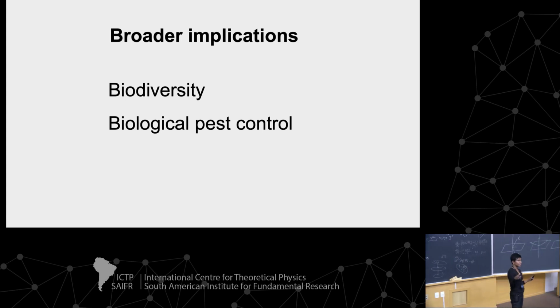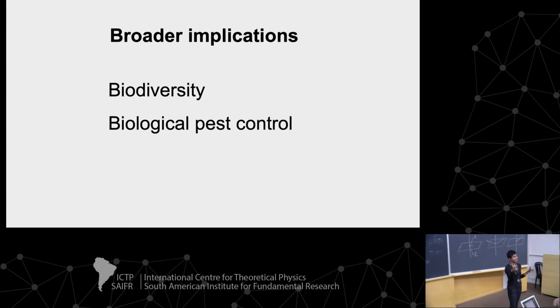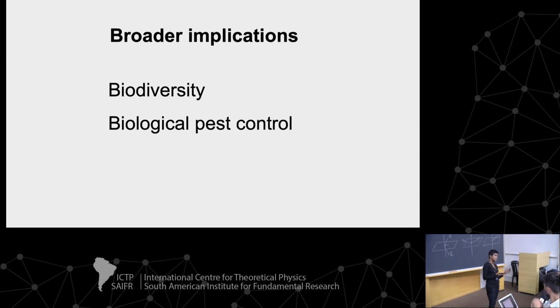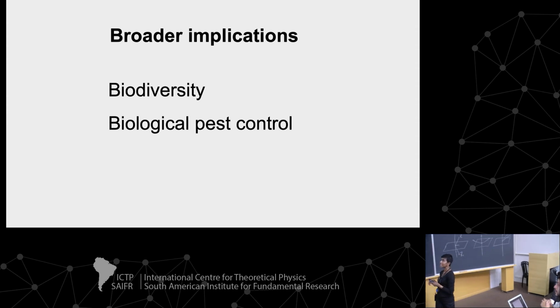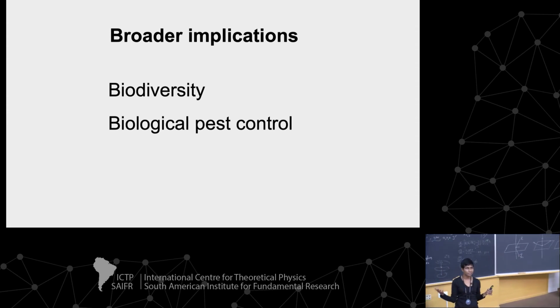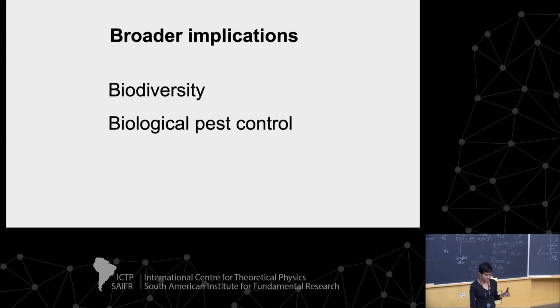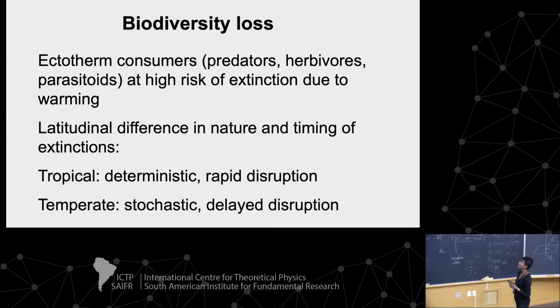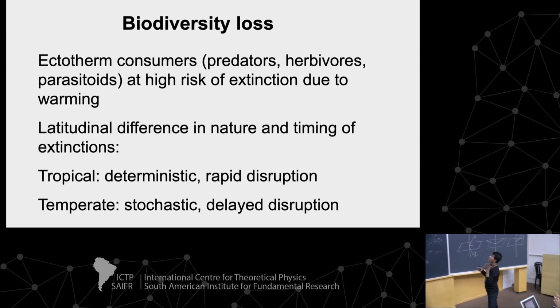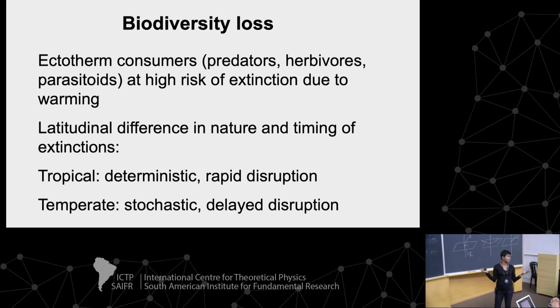It's very interesting to look at how biochemistry affects these things and to think about constraints, but this is also a practical problem we are facing today. What can even this more basic scientific research say about things that matter? So for biodiversity, what we find is that across the board, ectotherm consumers are at high risk of extinction due to